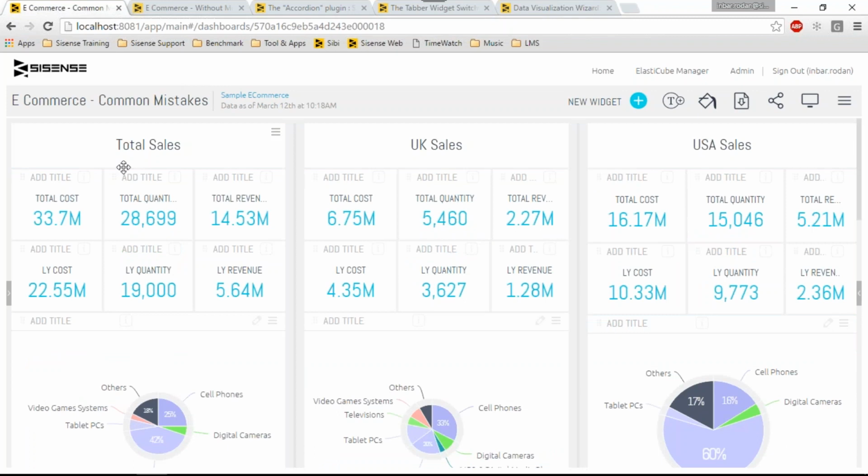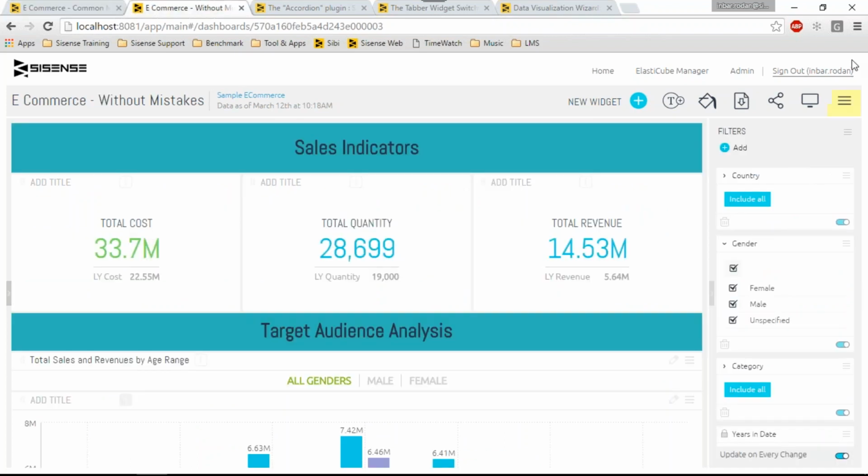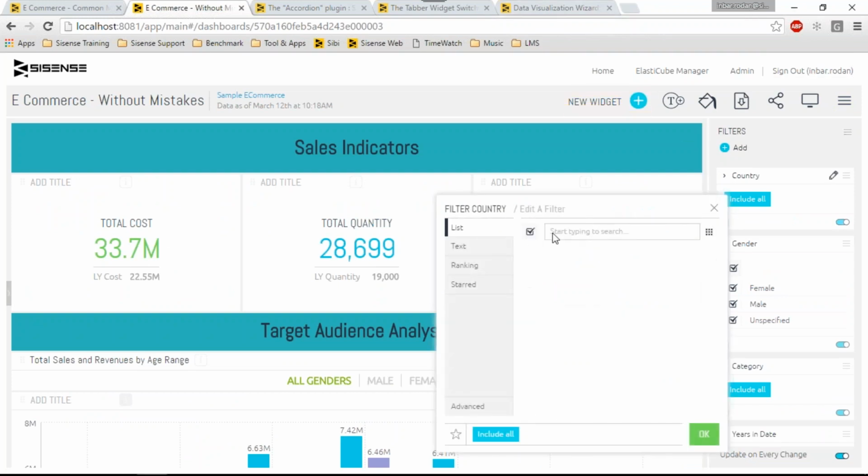As you can see here, first of all, we have the total sales, and then we have 2 states' sales that we want to see information about. We can do the same by filtering this dashboard. I'm sure you're all familiar with the filters in our dashboard, and this is a very simple way just to take